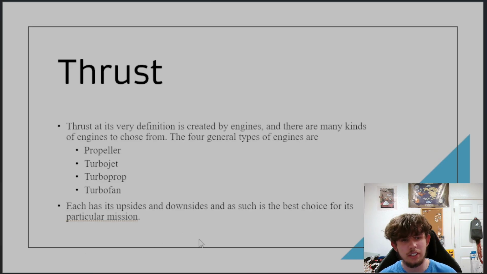Next is thrust. Thrust is a constant force. It must always be applied for an airplane to stay in flight, some form of forward momentum. In powered aircraft, this is generated by an engine. Thrust is the source of movement, that source of inertia for Newton's first law to take place, to overcome that